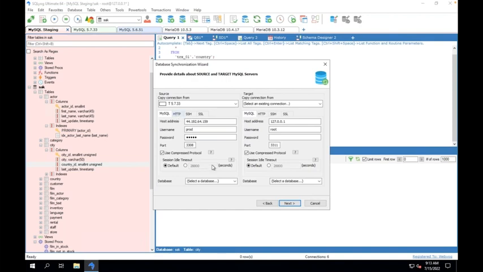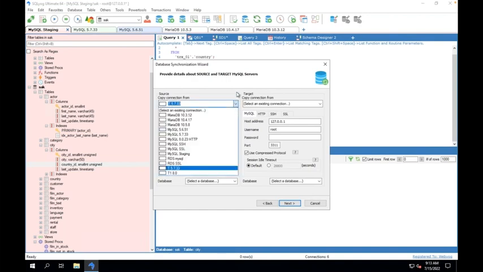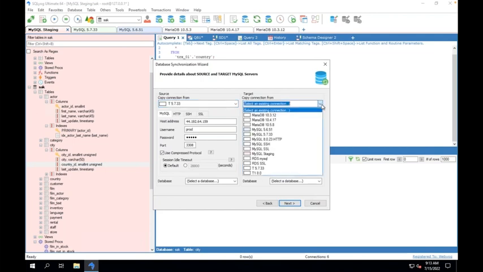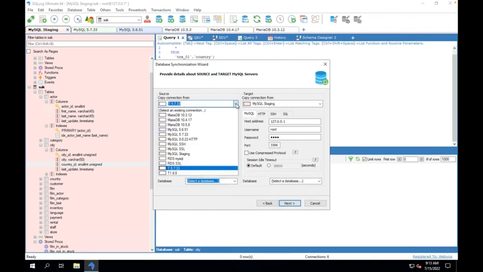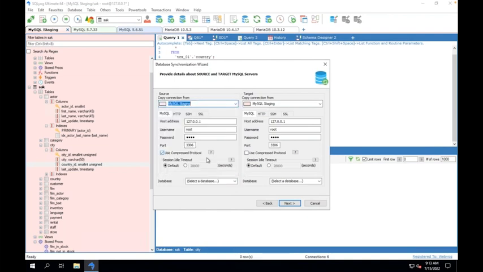Once you have selected the server on which you want to work, and once you have selected the database that you want to work on, which we're doing right now, all you need to do is click on next. So we have several connectivity options: MySQL direct connection, HTTP tunneling, SSH tunneling,